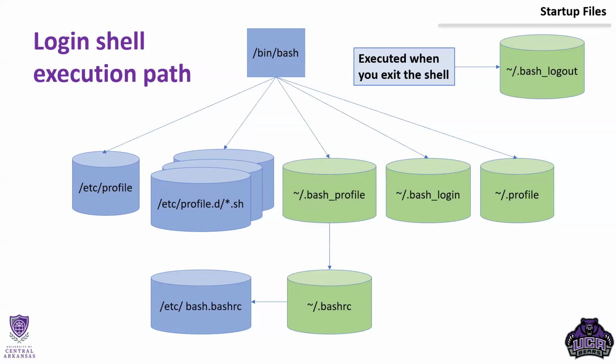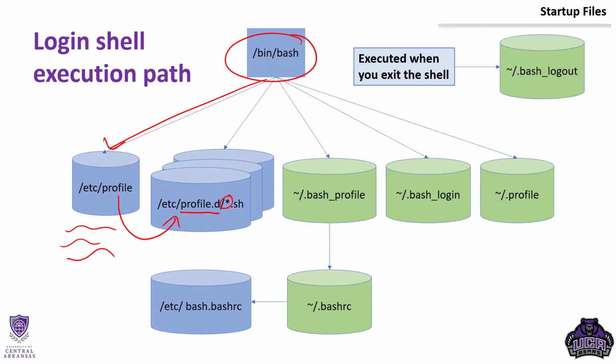So when we log into the system, it's going to trigger /bin/bash for those that are using bash. It's going to go out and hit this /etc/profile. There's going to be some code in that. There's also going to be this /etc/profile.d, and this is probably going to point there and say, okay, if there's any file, you can see the wildcard that ends in .sh, that is inside this